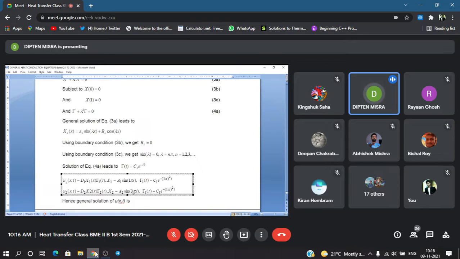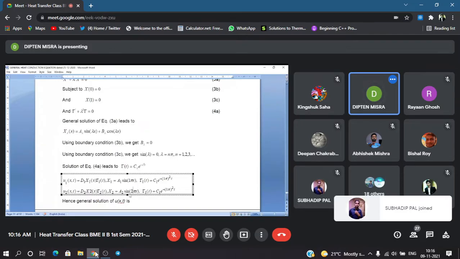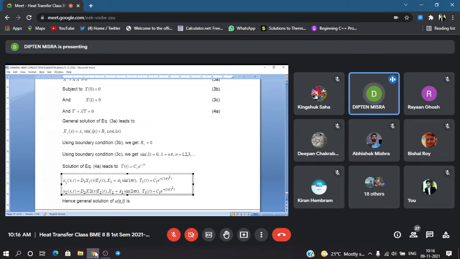Lambda is equal to lambda 2, that is equal to 2 pi, n equal to 2, then we have lambda equal to 2 pi. Similarly, for n equal to 3, lambda equal to 3 pi, and then we call it a3. That a3 value is something different. And here we have another different coefficient c2, because lambda equal to lambda 2 corresponds to n equal to 2, so it is 2 pi, like that. And in this way you can have u1, u2, u3.